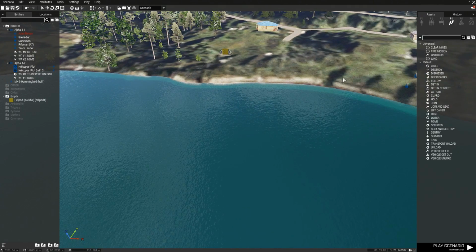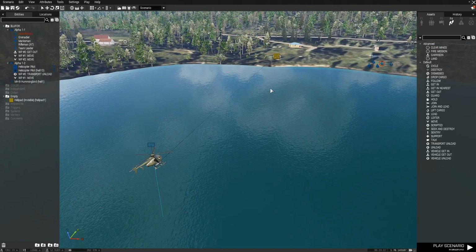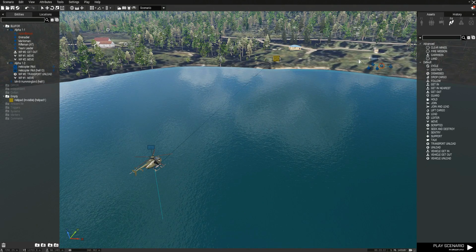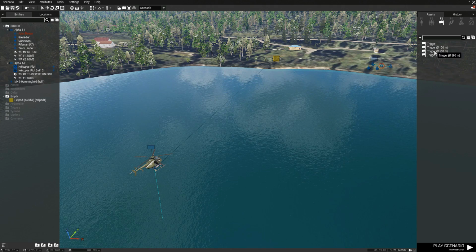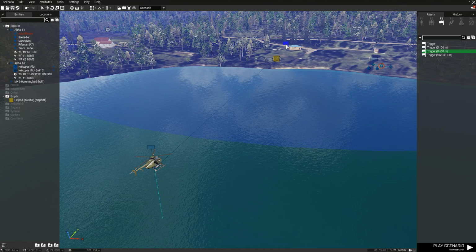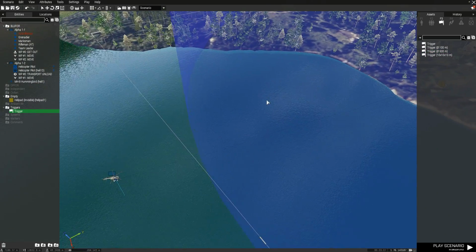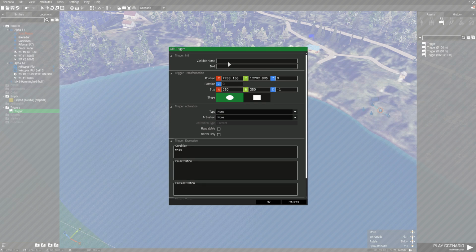And one of them is going to set the way in which it is going to land. I think the way we want to do this is we're going to create a trigger of, let's say, 500 meters or something like that. We're going to place it like so, and once the helicopter enters it, we're going to activate it. Alright, so